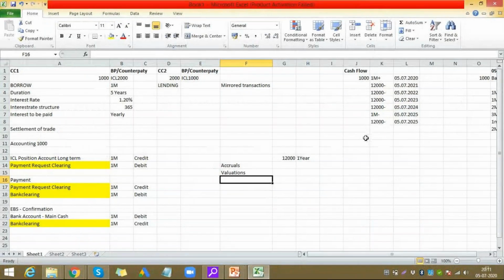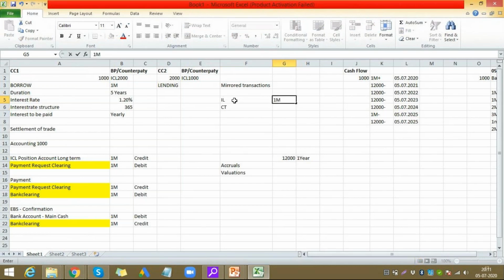if my deal is created, this deal is just created. I have not done accounting for this. I have just created this deal. Then I can create a planning level ICL, I mean IL, intercompany loan. So my cash is at intercompany loan level. Now when I do the payment, it becomes cash in transit, right? So the data gets removed from here, 1 million. Till the time I have not done the payment for this, it's here. Now I have done accounting, then it becomes a payment request, and it gets removed from here. And then when I do the payment, it gets removed from here and comes under cash in transit.